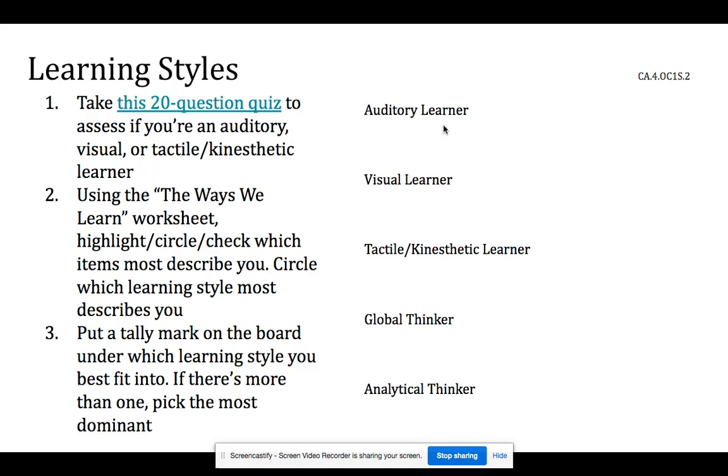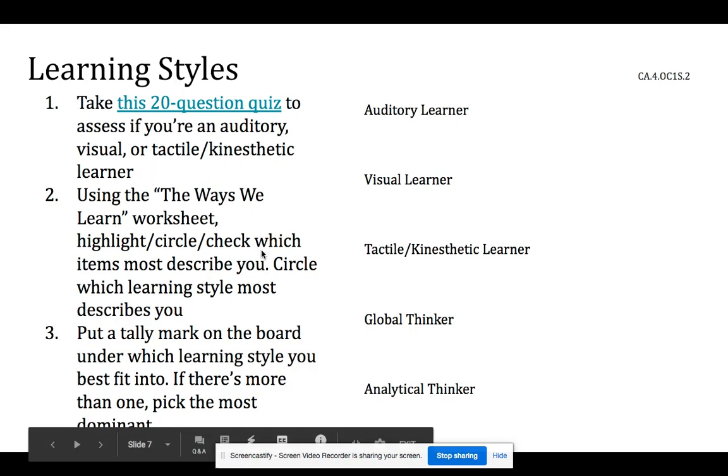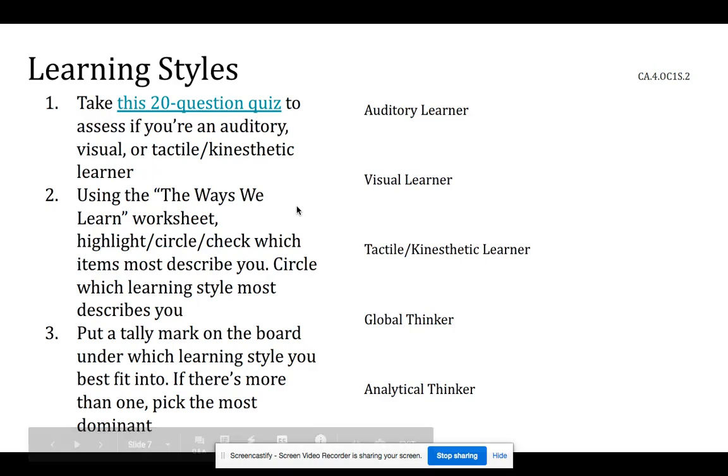But that one will include, let me backtrack for a second. So this quiz you're going to take only talks about these 3 learning styles. And then this worksheet or this document I'm going to post has all 5 of them on there. And so that can be a good weeding out process to see which of the ones you truly are. If you're more than one, that's totally fine. You should not be more than 2.